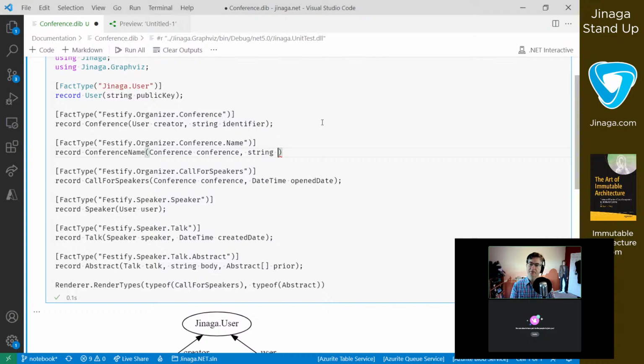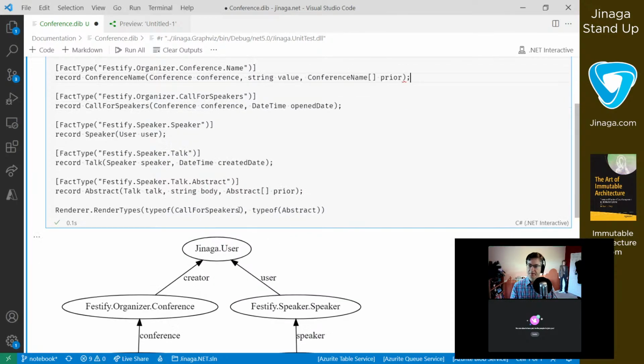And you're going to have a specific value, mutable property pattern, conference name, array, prior. Okay. Let's go ahead and add conference name there so we can